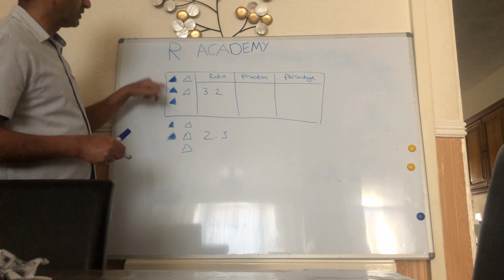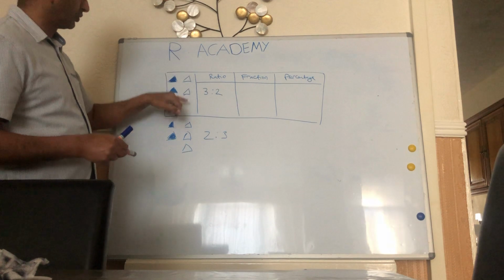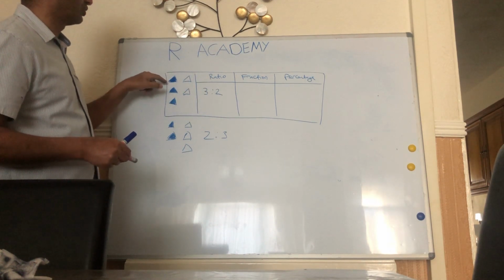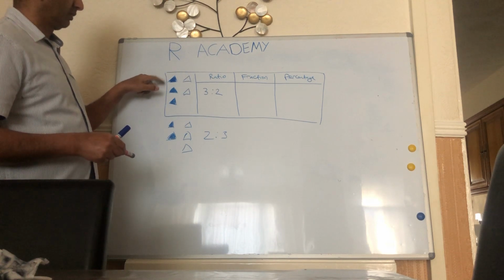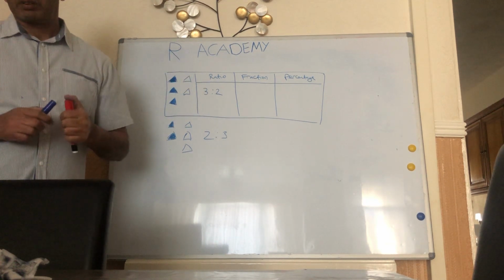So if this is how it's drawn, 3, 2, then obviously the ratio is going to be 3 to 2. You can't write that as 2 to 3. Then it would be wrong. And fraction, the same,